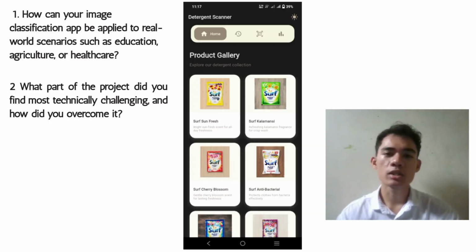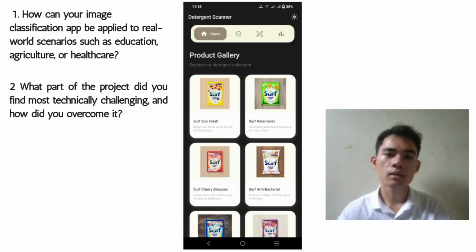I also faced a challenge with image processing. Raw camera images weren't optimized for the model, causing inconsistent results. I built a pre-processing pipeline that crops images to a center square, resizes them to match the model's input dimensions, and normalizes pixel values to the range the model expects. This significantly improved accuracy. To overcome these challenges, I conducted extensive testing with different products to find the right threshold,